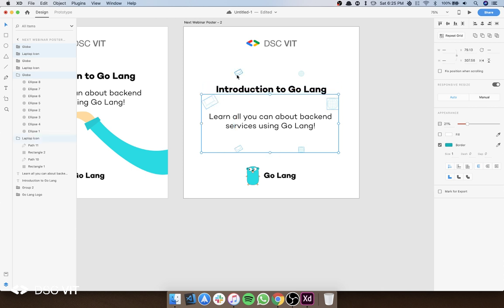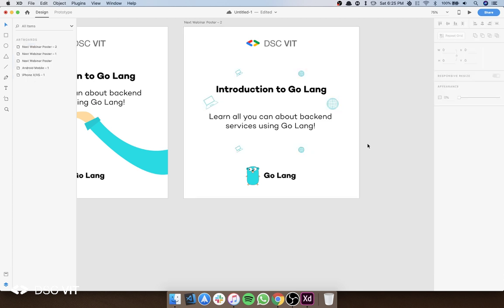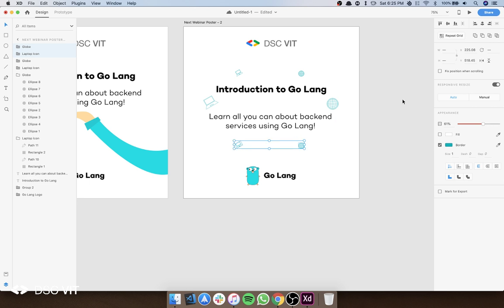So yeah, I mean, this is not that bad. You can go with this as well. So we have two posters here which do look good. I'm going to switch this. It's going to give it a little bit of a